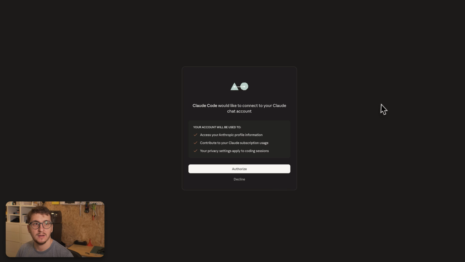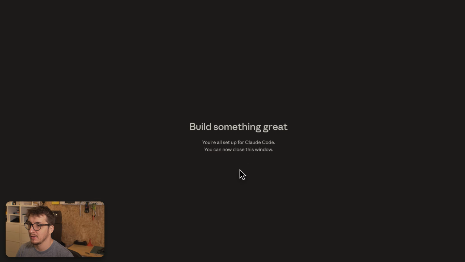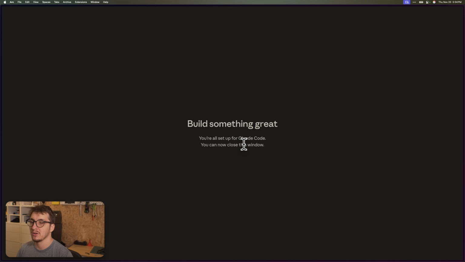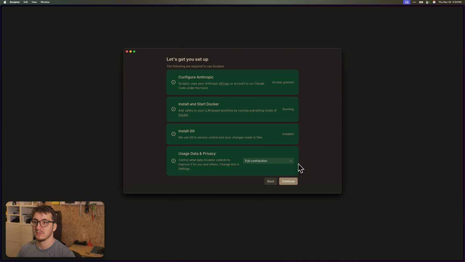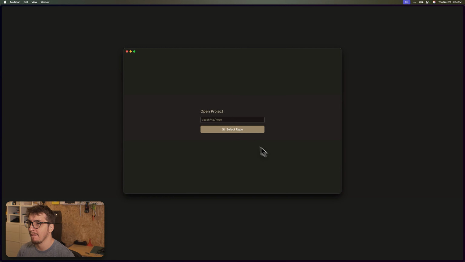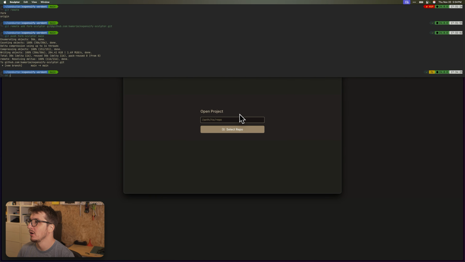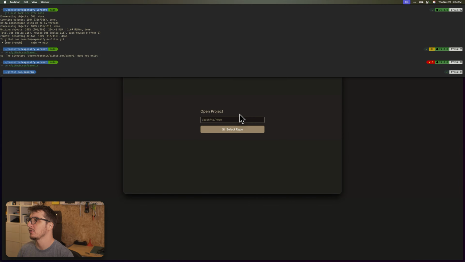All right. So I can just authorize. Okay. That's great. Okay, continue. Okay, so yeah, different from Conductor, this is not trying to do the whole Git stuff. So I'm just gonna create a copy here. So I'm gonna go to github.com, and I'm going to do gh repo clone